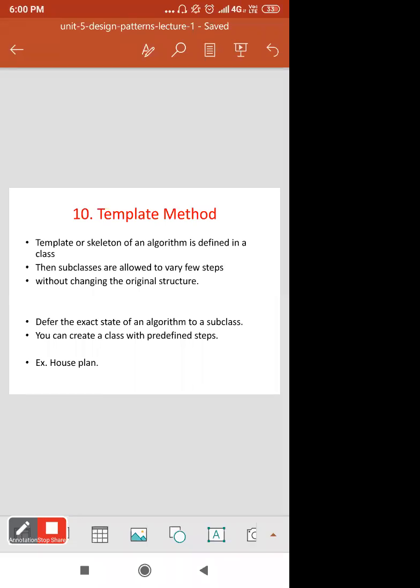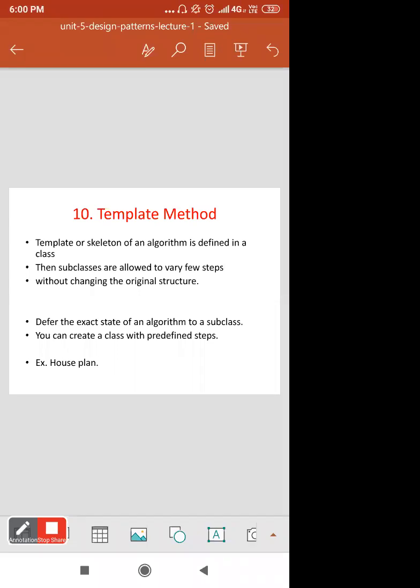A template or a skeleton of an algorithm is defined in a class, then subclasses are allowed to vary a few steps without changing the original structure. It defers the exact steps of an algorithm to a subclass, and you can create a class with predefined steps.